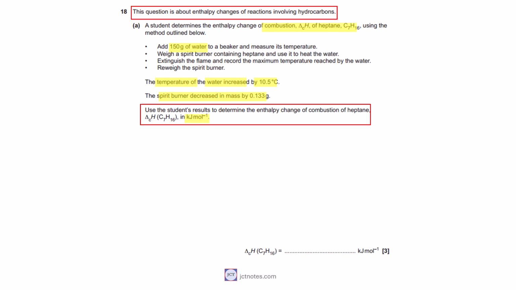The temperature increase in the experiment is due to the heat released during the combustion of heptane. Assuming there are no heat losses, the heat energy can be calculated by multiplying the mass of water by its specific heat capacity from the data sheet of the exam and by the increase in temperature. In kilojoules, this number is 6.5835. But this number refers to